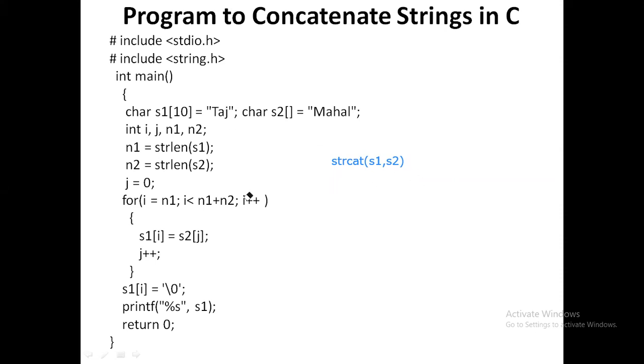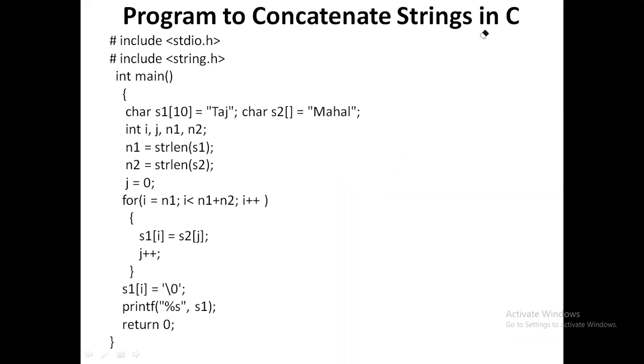I will not write the whole program which we discussed. Just strcat s1 comma s2. Automatically s2 will be added to s1 starting at the end of s1. So the two strings s1 and s2 will be combined in s1. The first part will be s1 and the second part will be s2.